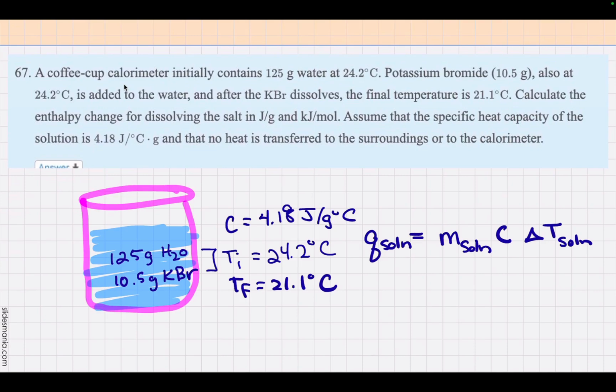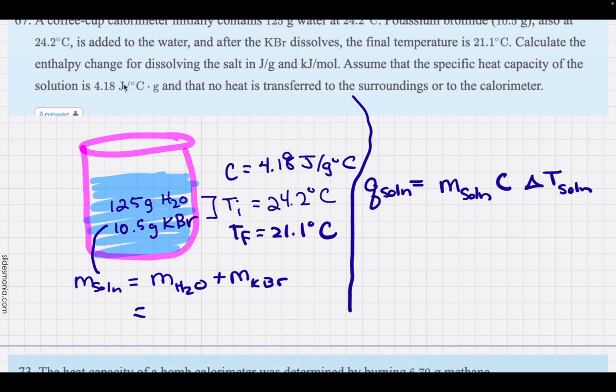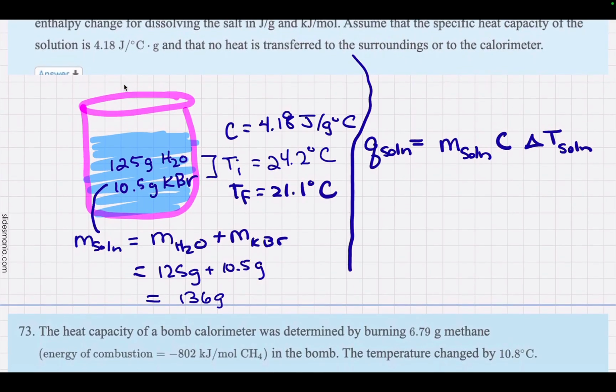For these problems, I would recommend that you keep everything positive until the end and then only include a negative if it's an exothermic process. So in this question, I do need to know the mass of my solution, which is going to equal the mass of my water plus the mass of the potassium bromide, my solute. When I add those together, I'm going to get 136 grams. So when I plug into the mcΔT equation, I'm using 136 grams,